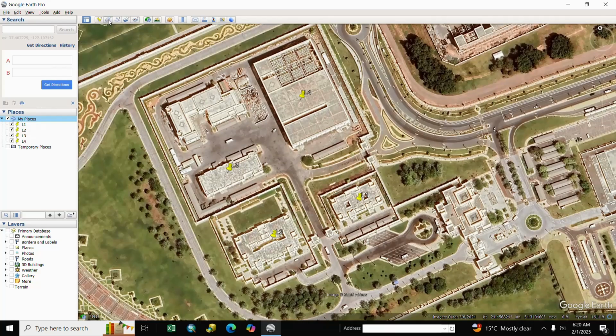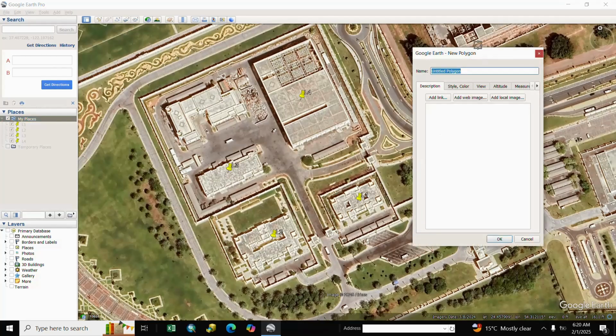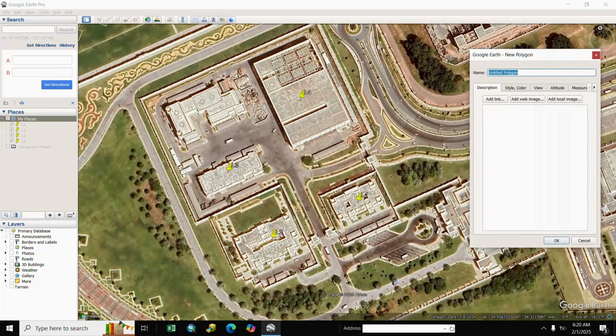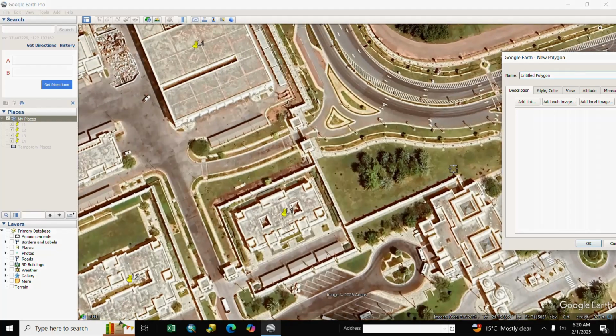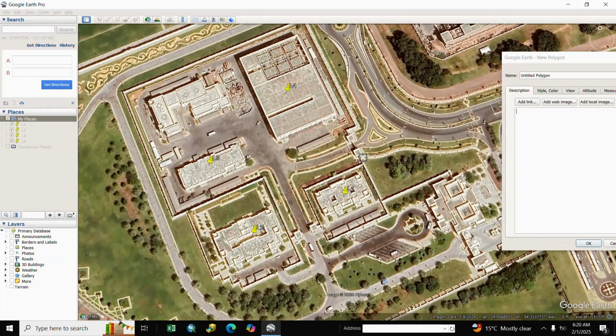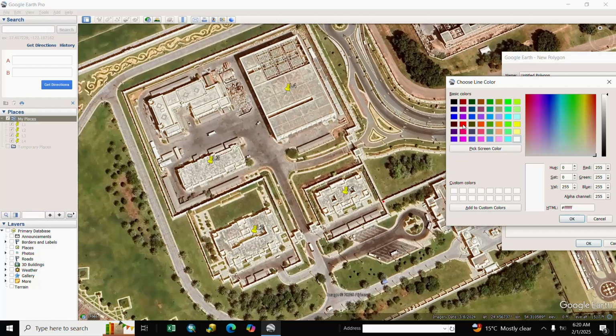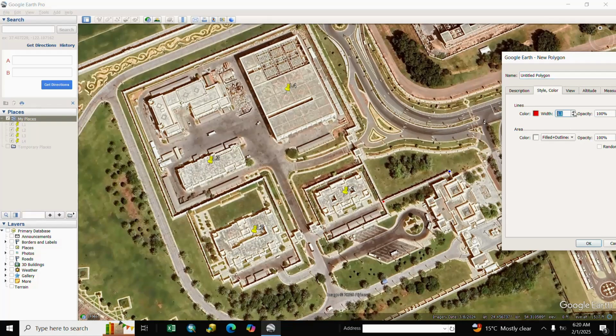For a polygon we go to add polygon and we capture it, start here. Here it is not highlighted. We go to style and we select color, OK, and we set the width as per your adjustment.